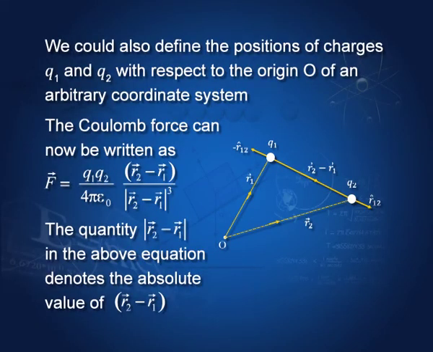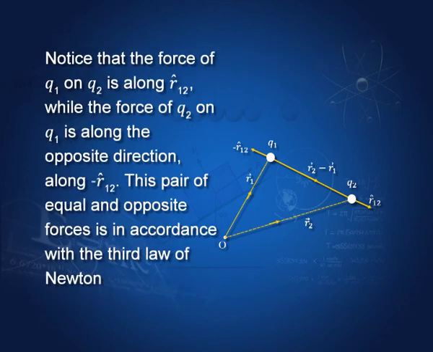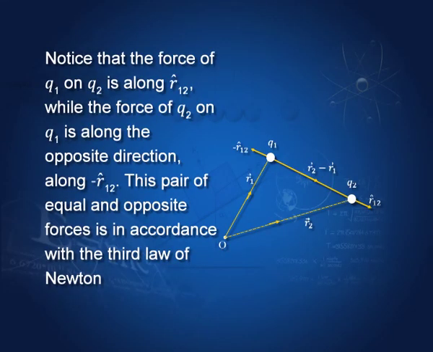See, dimensionally it must remain 1 by r squared. So, this vector divided by the cube of the magnitude of this vector. So, you can see that if we take the force on this due to this, then it is in this direction, force of repulsion, and on this it will be in this direction, again according to Newton's law. This is the same thing that Newton's law says, that the two forces must be equal and opposite.